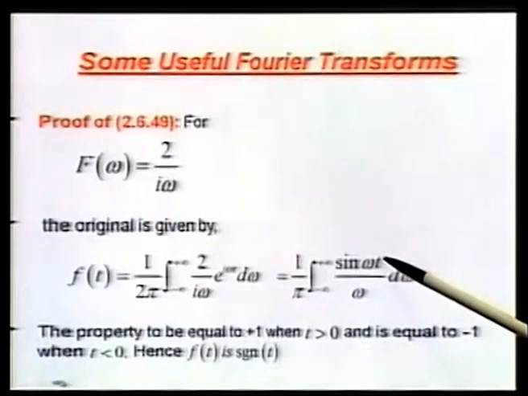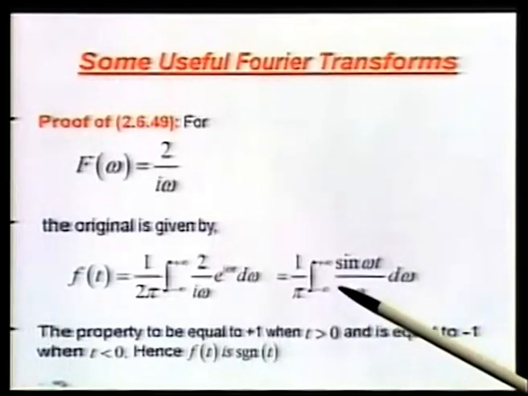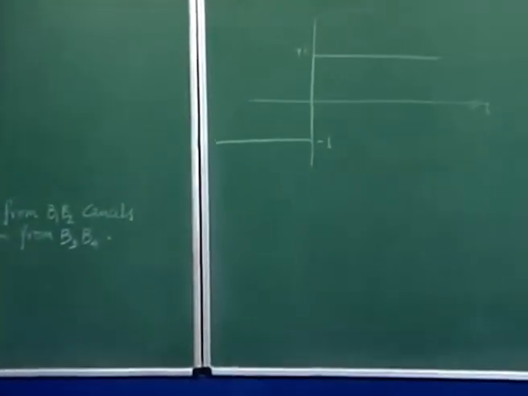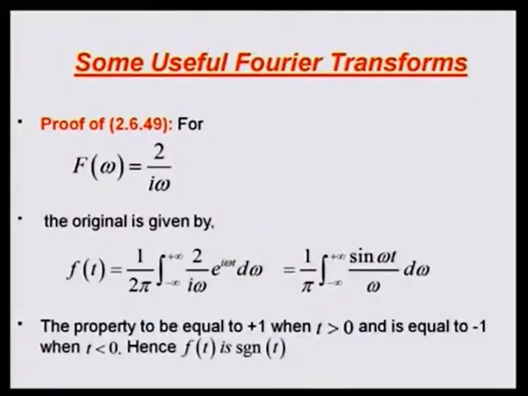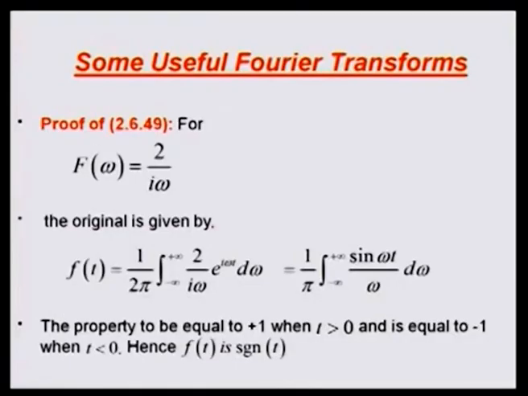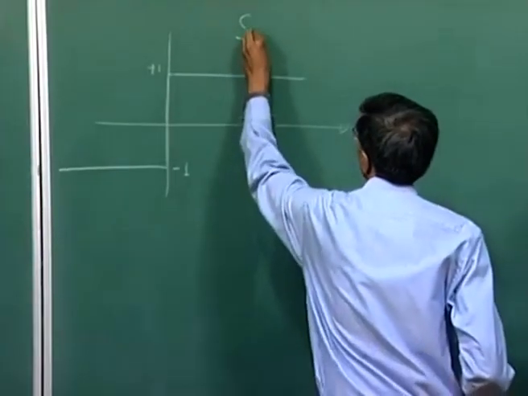So, if t is positive, this will be plus 1, and if t is negative, this will be minus 1, and that is what we have shown here. So, basically we have shown that if F of omega is this, then the corresponding time domain function is like this, right. That is what we consider useful, because we can use it to define the Heaviside function. So, this is your signum function,